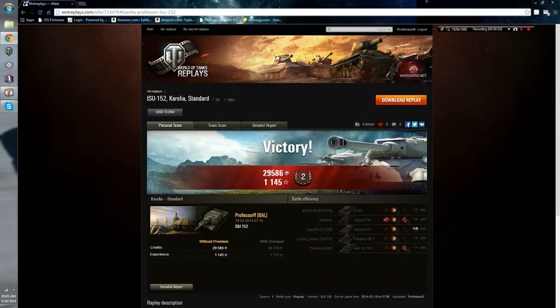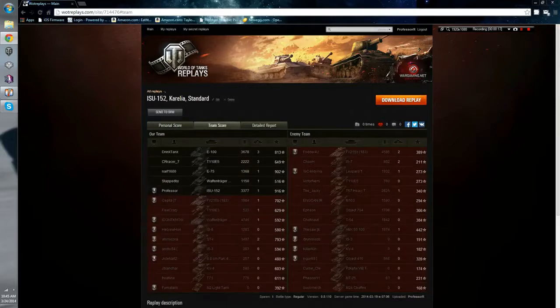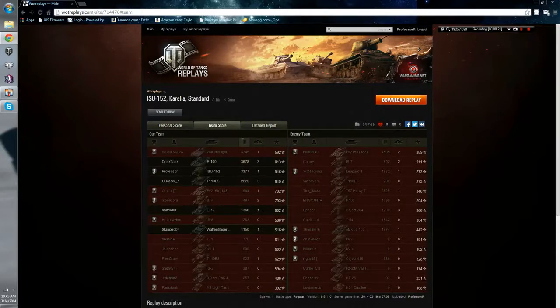Alright, so got a second class mastery badge on this one, not bad. Only made 29,586 credits, but I did get 1,145 experience. Let's go see how I did compared to the rest of the team. So, damage-wise, I was third in damage done. And I was actually kind of surprised at this